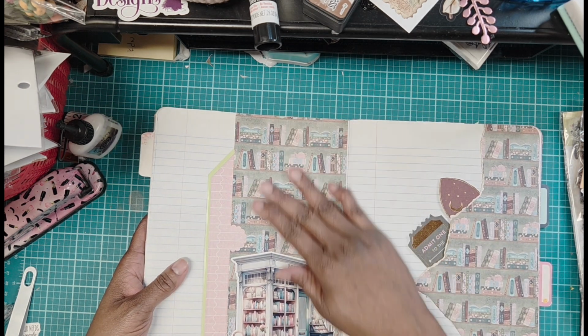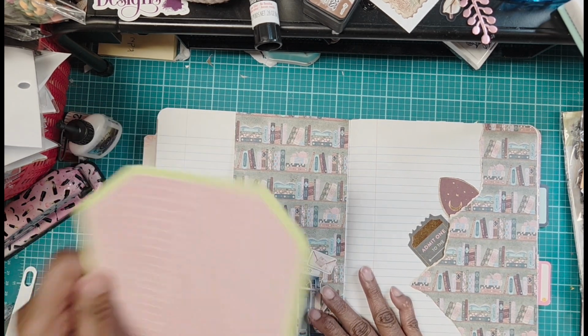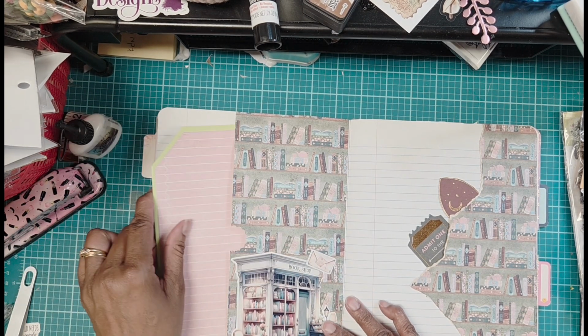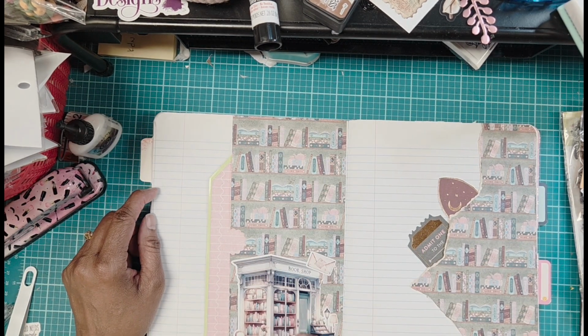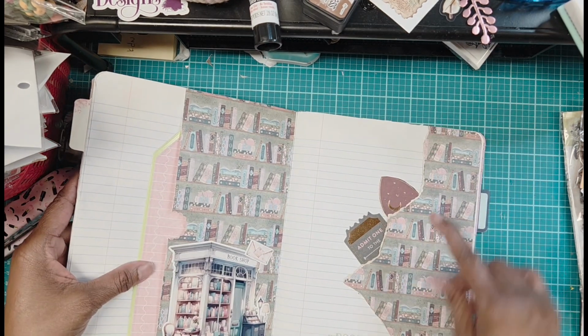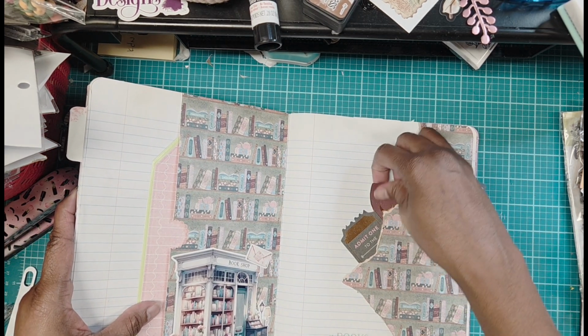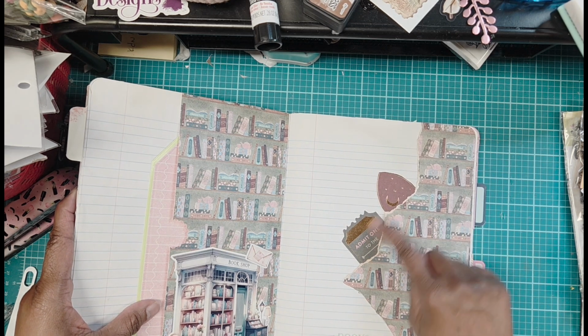And then this I turned into a pocket. I added another one of those big tags. Oh, I need to add a fun sticker on that tag. Added another pocket here, and then here I did another little one with the rest of the paper that I tore. I just made a little tiny pocket and stuck some more